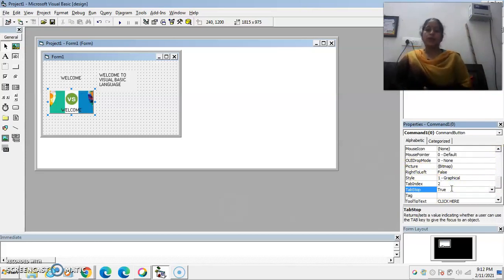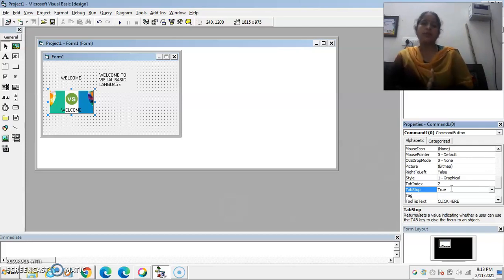The tab stop property is used if we want the command button to accept the focus during runtime by using the tab button on the keyboard. And the tab index property sets the current command button in the tab order starting from 0.